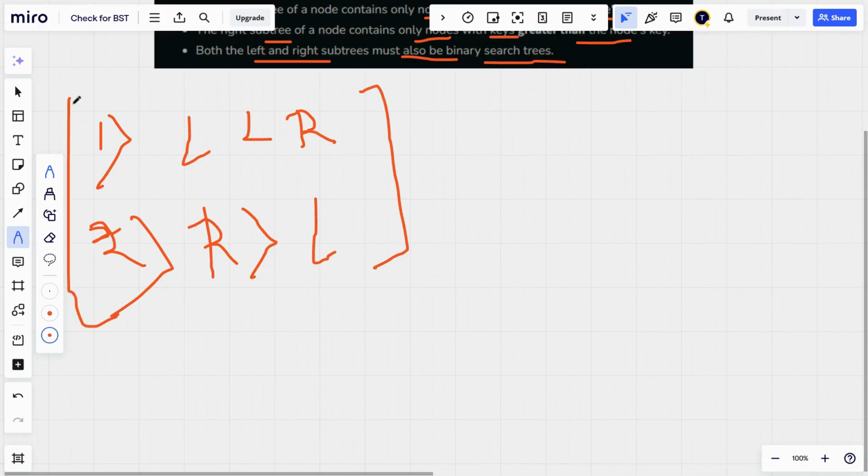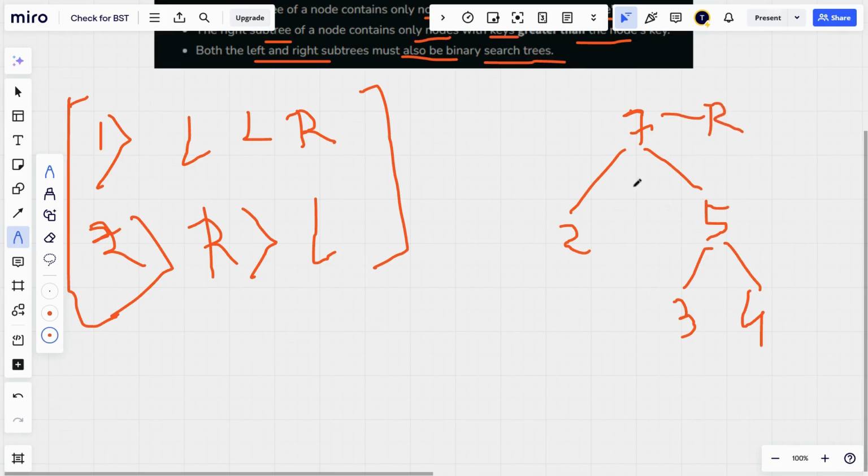Now understand, suppose this is a binary tree, where this value is 7, this side value is 2, and this side value is 5. Then this side value is 3 and this side value is 4. Suppose this is the root node, this is a left node value, and this is a right node value.